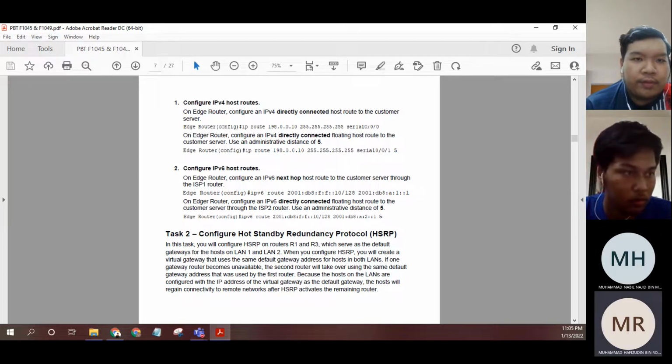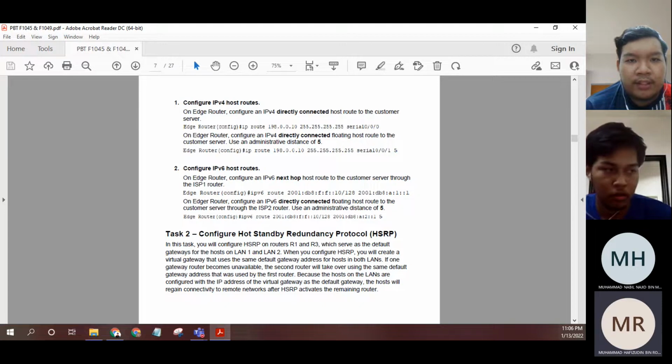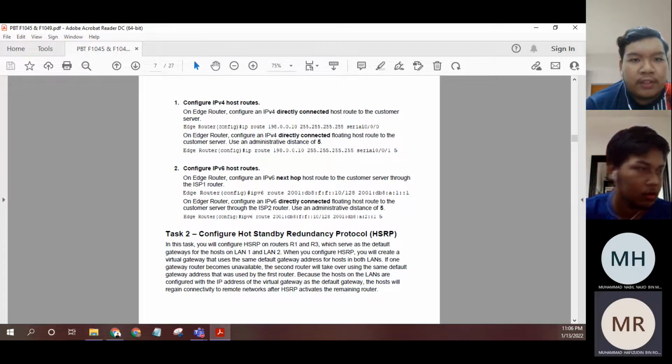Yang kedua, configure IPv6 host route. On Edge router, configure IPv6 next hop host route to the customer server through the ISP1 router. Edge router, ipv6 route 2001:DB8:FF10::/128 2001:DB8:A:11. On Edge router, configure IPv6 directly connected floating host route to the customer server